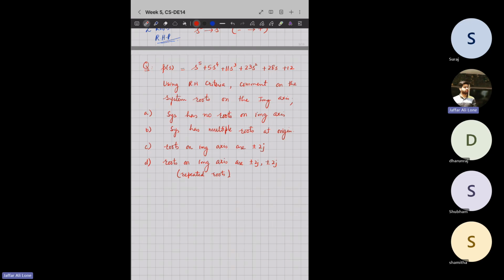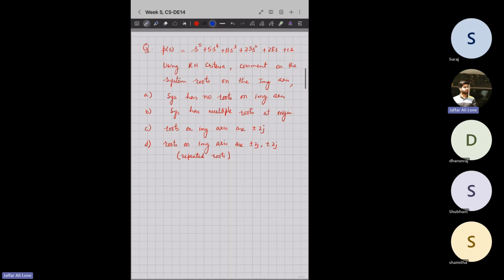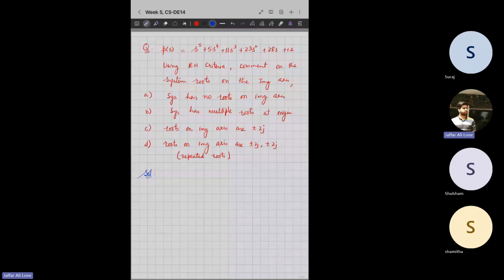Okay, now let's see. By solving this question, we will get answers to many questions, and this will clear all your doubts, or you will be able to solve all RH criteria based questions just by solving this one question, because every other question that we solve will have the same concept, just there will be either a block diagram, you will have to solve the block diagram, or there will be some controller, or you will have to find relative stability, what values of k will do this, will do that. But basically the concept of all the RH criteria problems is the same, is the one which is in this question. So you are given a polynomial,